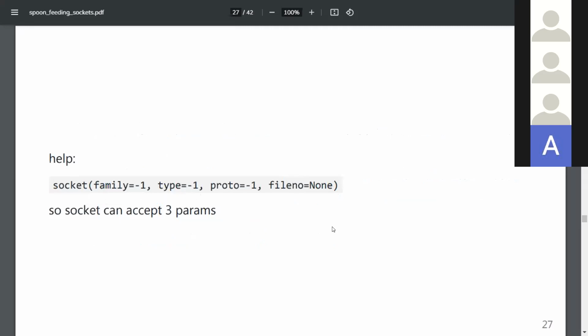Well, that's in the docs, so don't be surprised if someone uses 3 parameters for socket. Normally in Python, they define it as keyword arguments, but if you define it as keyword arguments, you can still use positional arguments. And if you don't specify a positional argument, it will use the default value in here. But that's just for info.